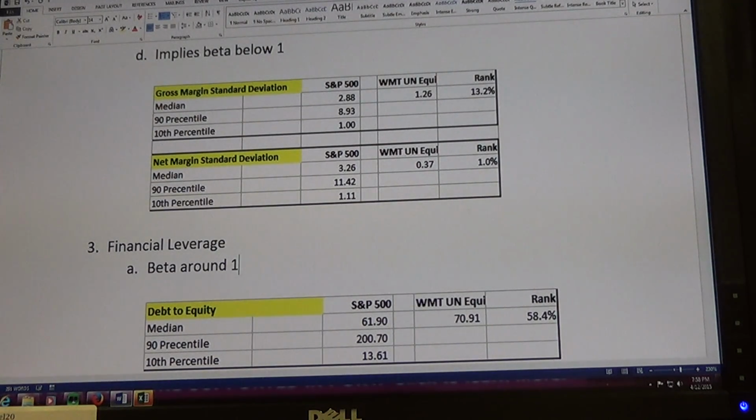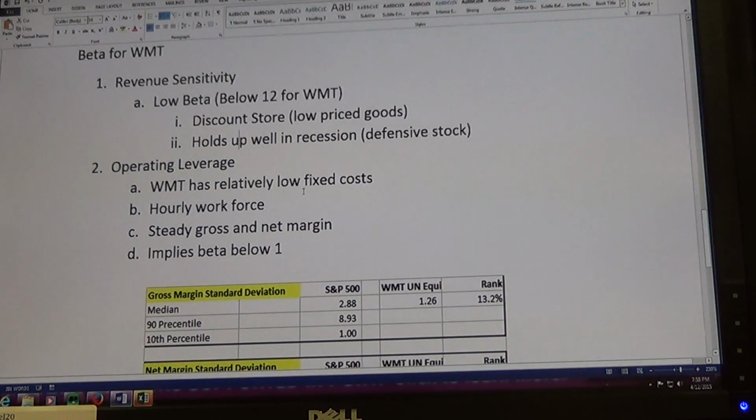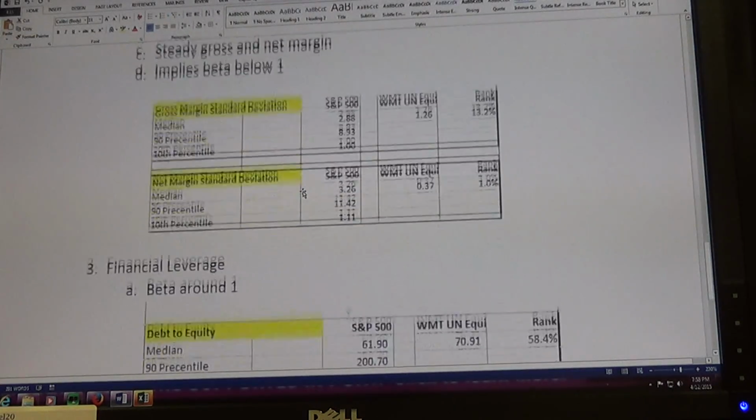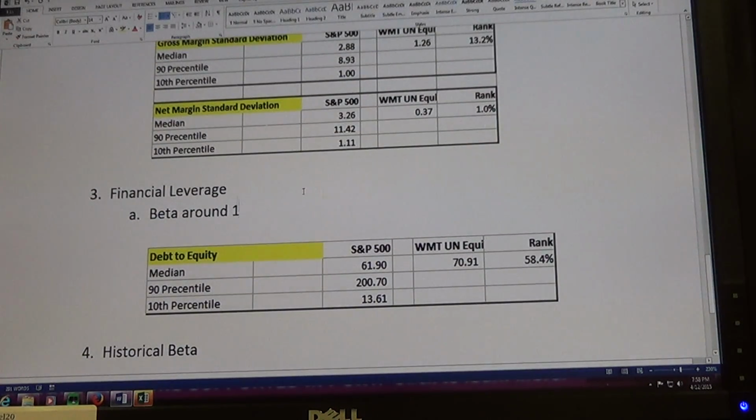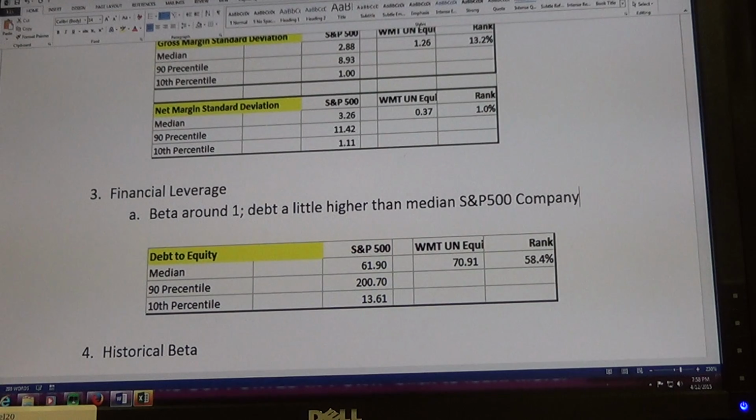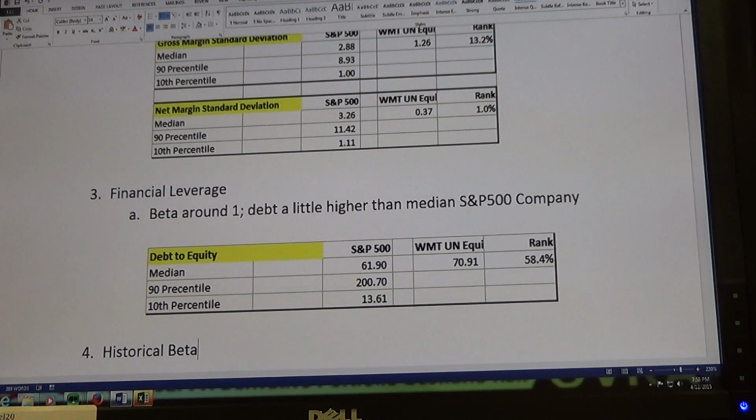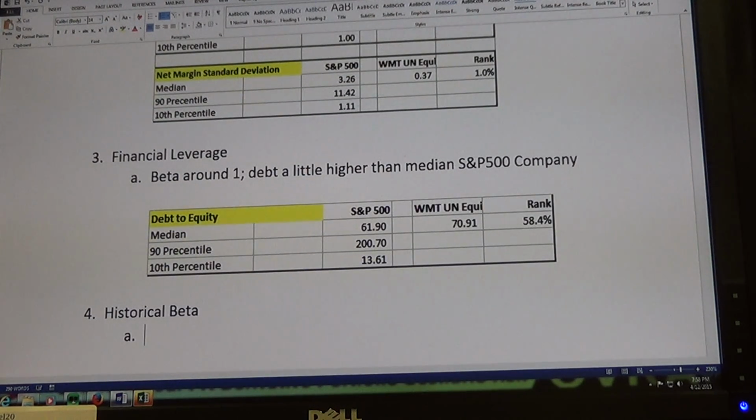around 1. But revenue sensitivity is below 1, definitely a defensive stock. Operating leverage is well below 1, definitely a low operating leverage company. And then financial leverage, because their debt is a little bit high, and the median S&P 500 company, that implies the beta a little bit higher. When we look at the historical beta, I won't do that here, but when you look at it, it implies a beta well below 1 recently, but